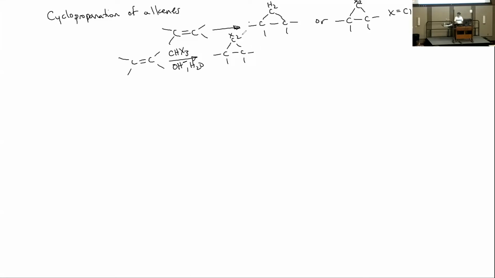CCl2, CBr2, or CI2. And there are inorganic side products as well. I would expect that you would get a water molecule and another halide ion, I suppose. But the major organic product will be this dihalocyclopropane. So to give an example,